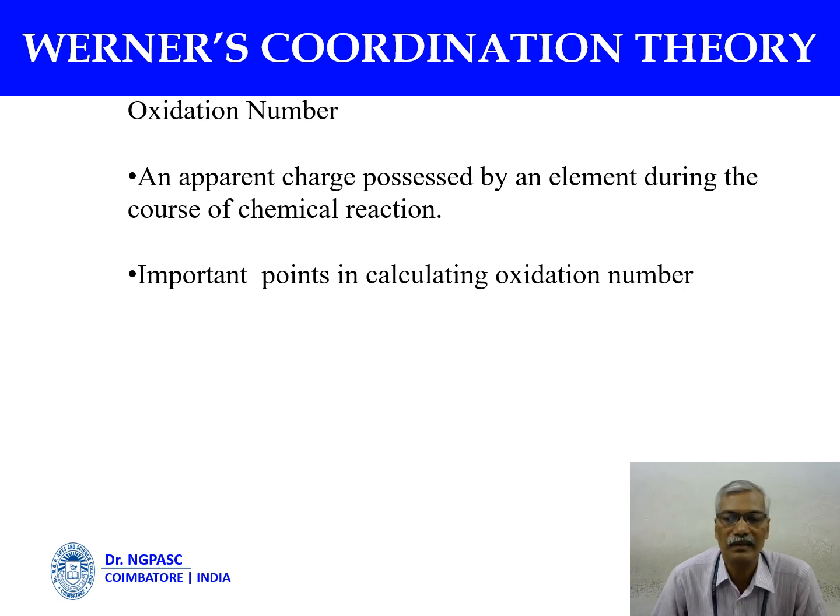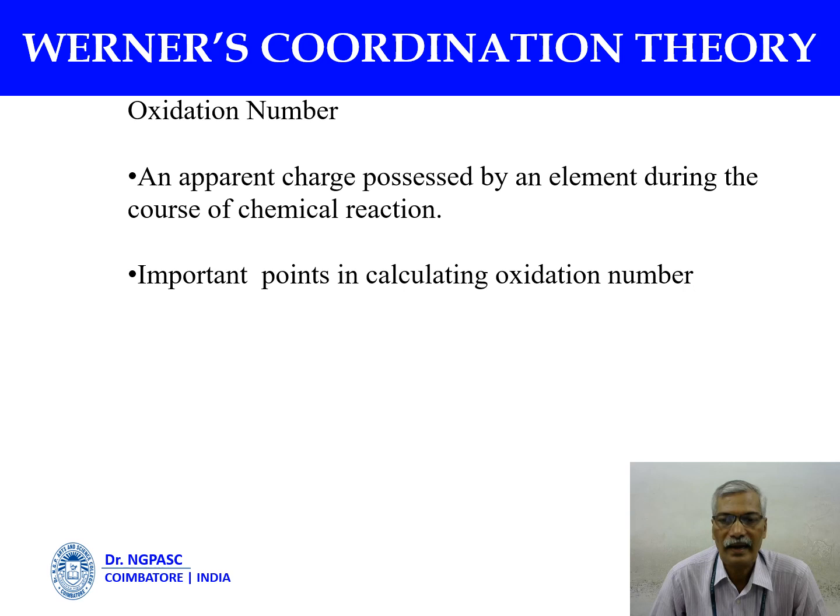It plays a very important role in understanding the chemical properties of any element. And what is oxidation number? It is an apparent charge possessed by an element during the course of a chemical reaction. How do we calculate the oxidation number of an element? For that, there are some basic rules that we need to know. One is that the sum of oxidation numbers of elements present in a compound is 0. That is the first point. And the second point is